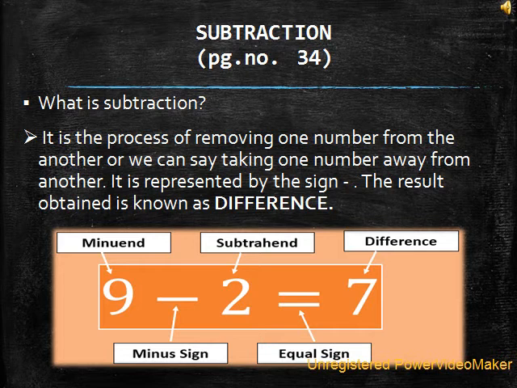Okay, we can also call it minuend and subtrahend. Minuend is the number which is always bigger, from which we will subtract any other number. In vertical representation, we write the minuend on the top and the subtrahend on the bottom, or just below it. So this will be easier for you to study.